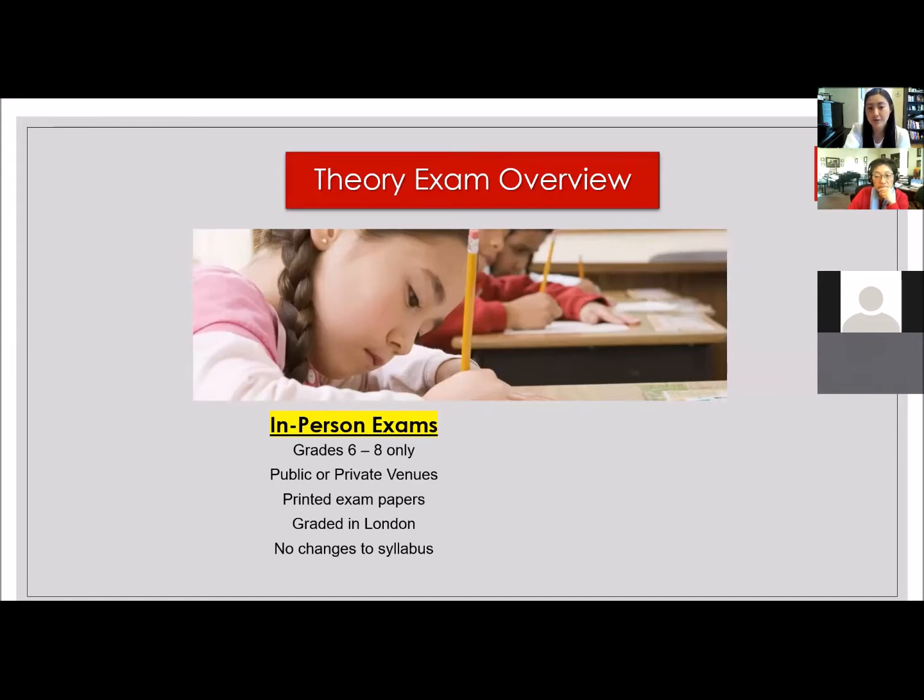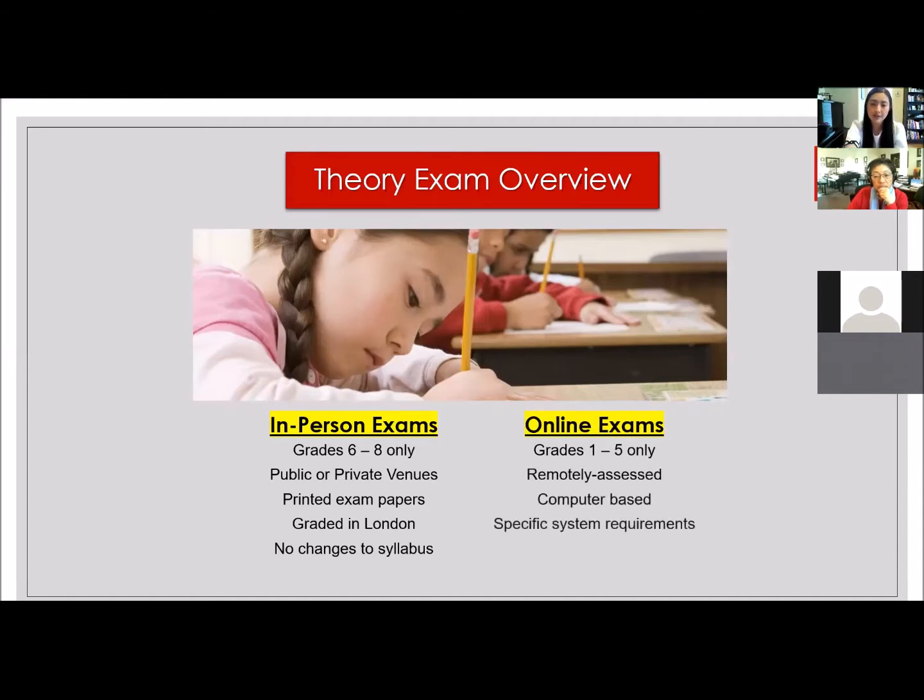They will also be delivered in the traditional way, the way that we used to deliver all theory exams. So grades 6 through 8: nothing will change about those exams. They will still be in person. However, the online exams that we are talking about today will be updated.